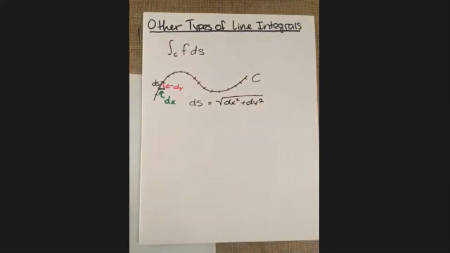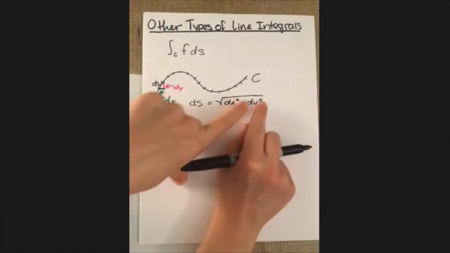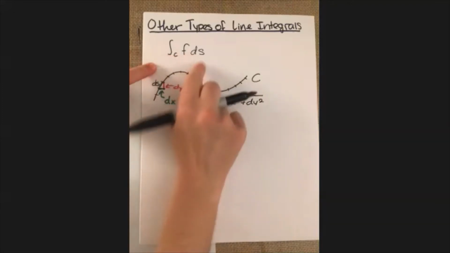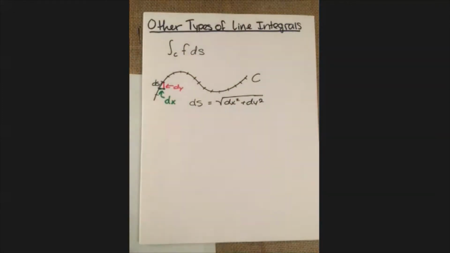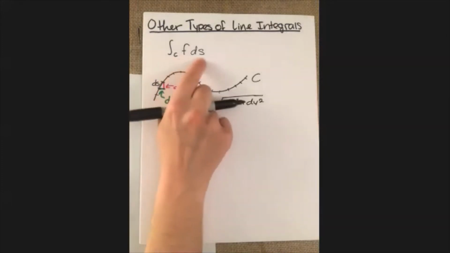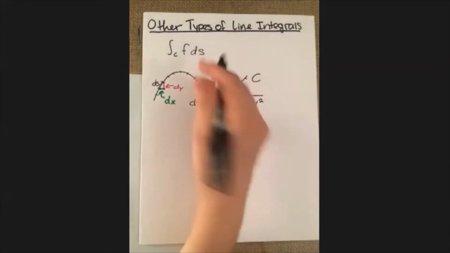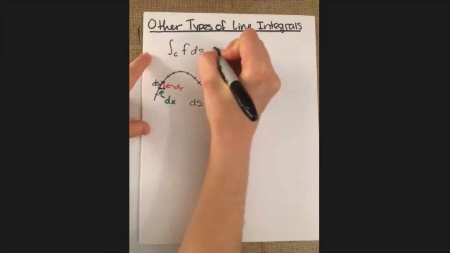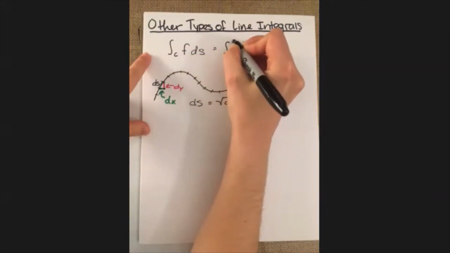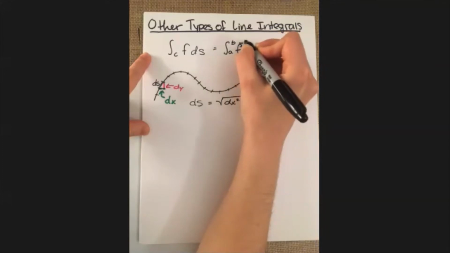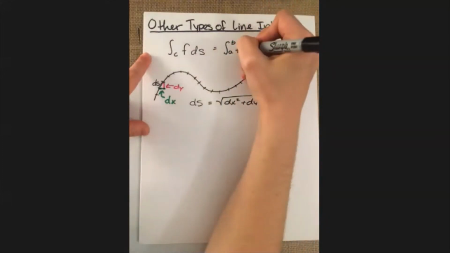Now when we're doing our line integral, we don't explicitly use dx and dy, but there are integrals that we can set up that do use that. So that's what we're going to look at today: what happens when we focus in on this dx and this dy when we want to take an integral over our curve. But before we jump into that, let's finish up talking about what this looks like. When we integrate this, we have that formula. It's equal to the integral from a to b of f evaluated, and I don't need a vector there because it's not a vector field,